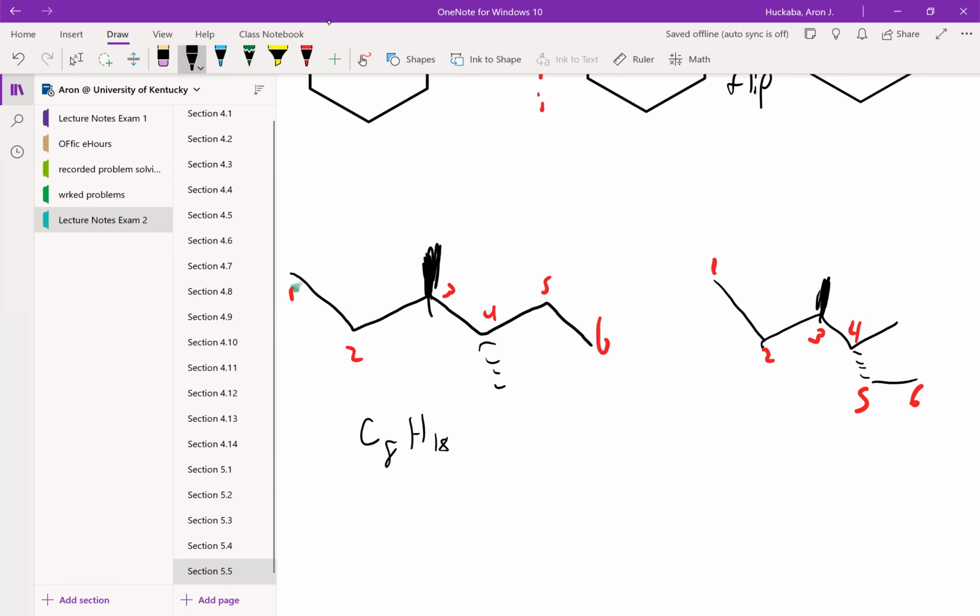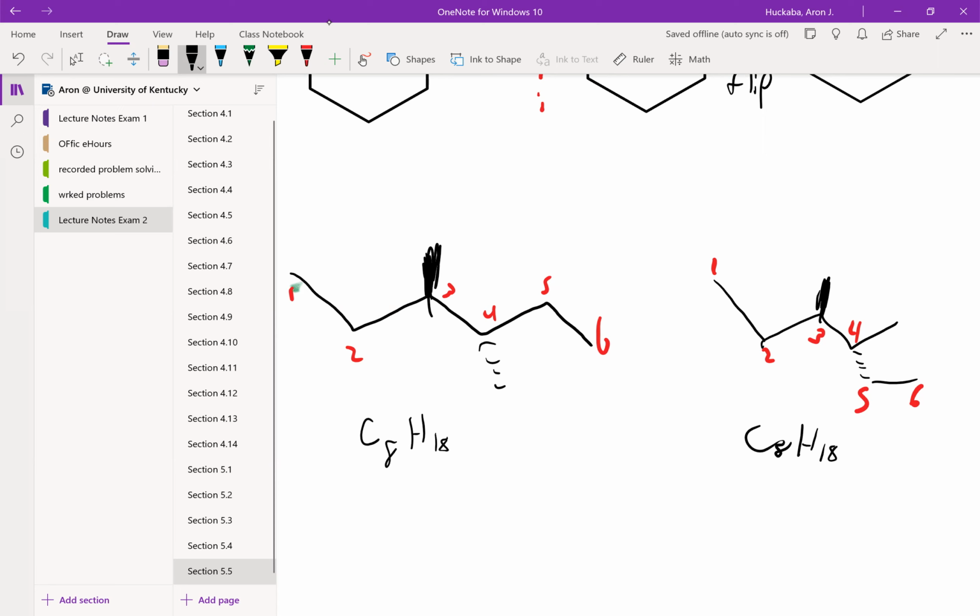And this one is also 8 carbons, H18. So they have the same molecular formula, so they can be stereoisomers now. Or they can be constitutional isomers, but we see that they have the same connectivity, so they cannot be constitutional